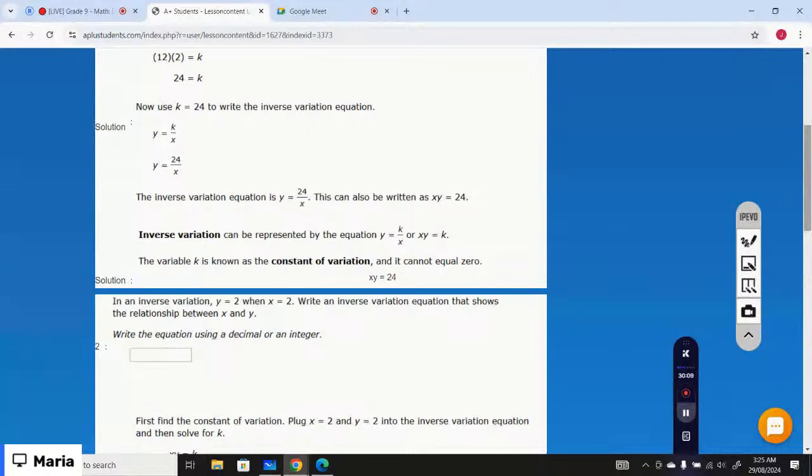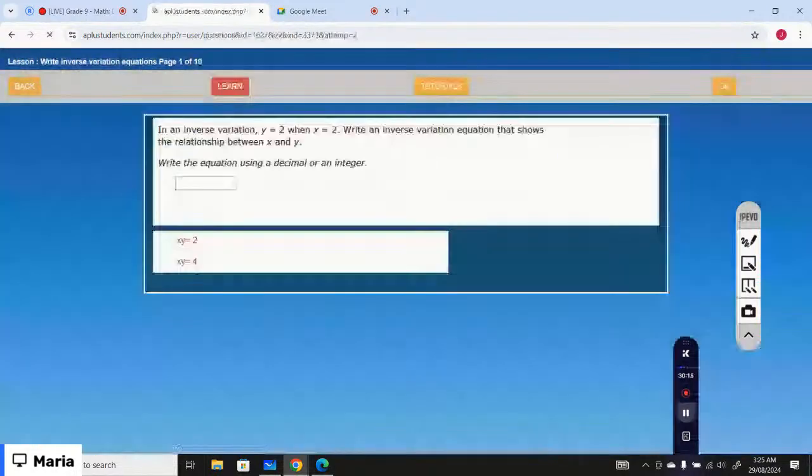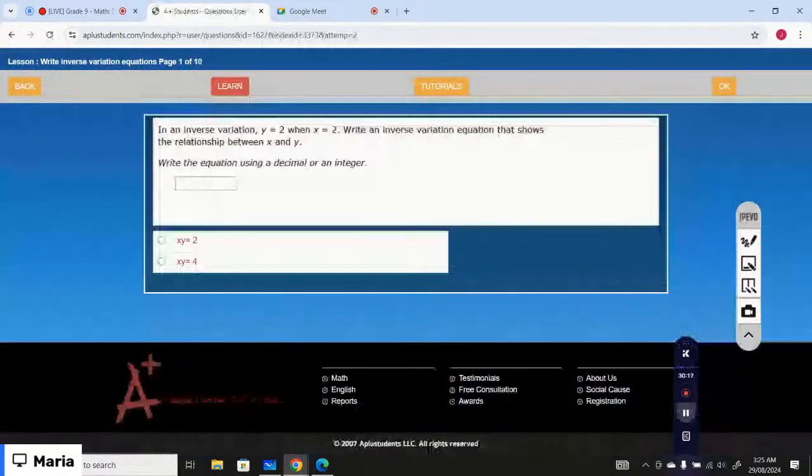Okay, so let's just start with the test question. Let's see how do we find the equations for the inverse variation. Okay, in an inverse variation, y equals 2 and x equals 2. Write an inverse variation equation that shows the relationship between x and y. Okay,